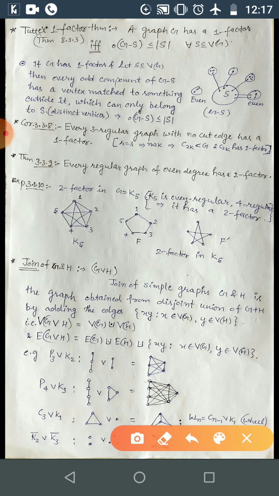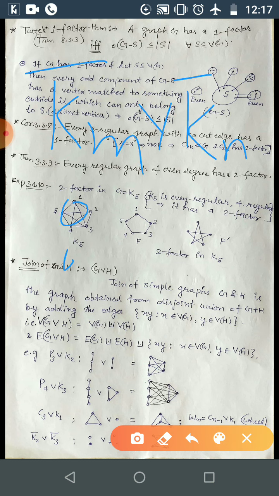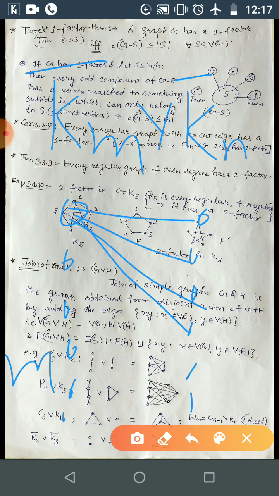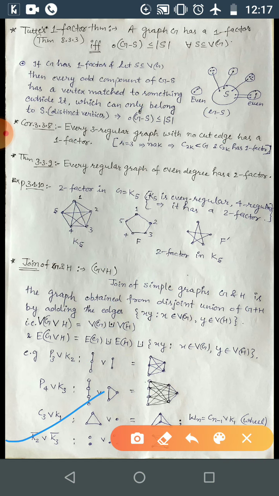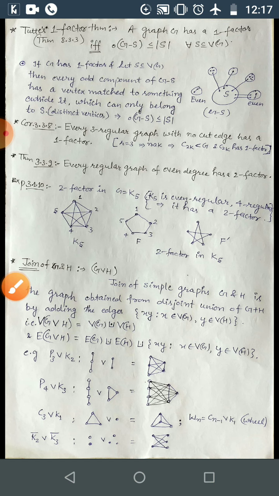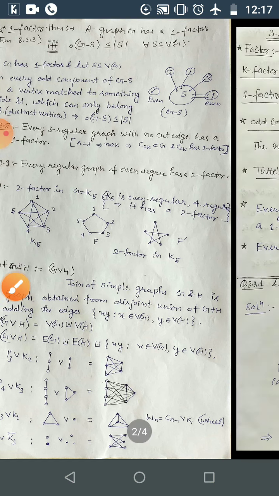So in general you can just say whenever you have Km complement join with Kn complement, you are getting a bipartite graph with the first set having cardinality m and the second set having cardinality n, and this will be a complete bipartite graph, correct? This will be Kmn, okay? Kmn, okay? So you can see here, I have discussed it. So that's all about the theory part.